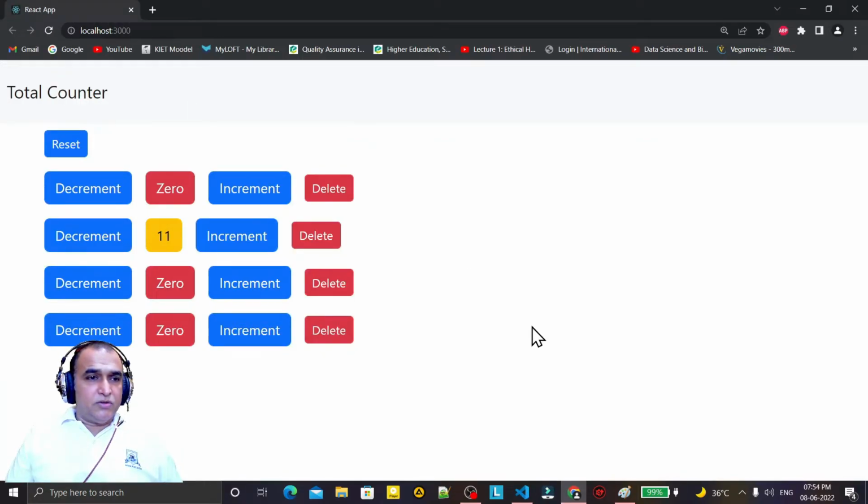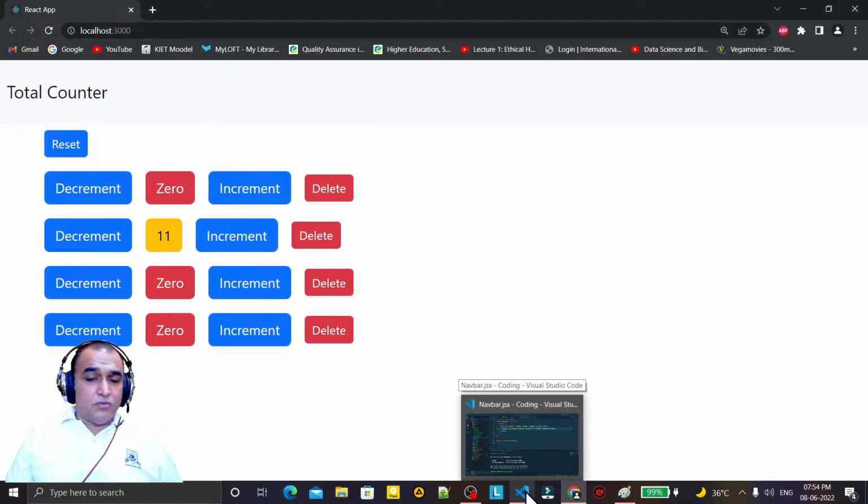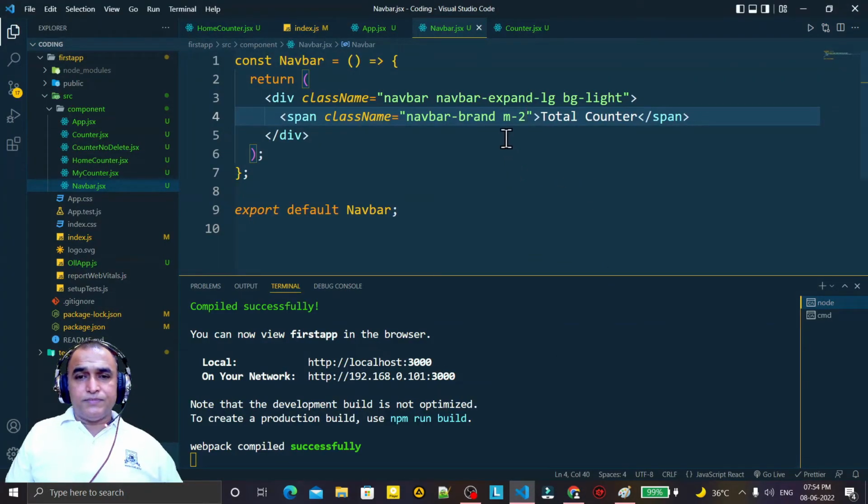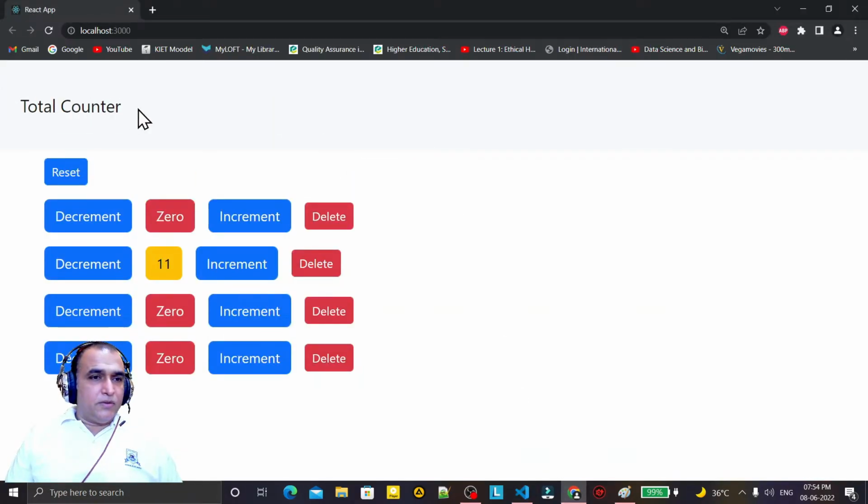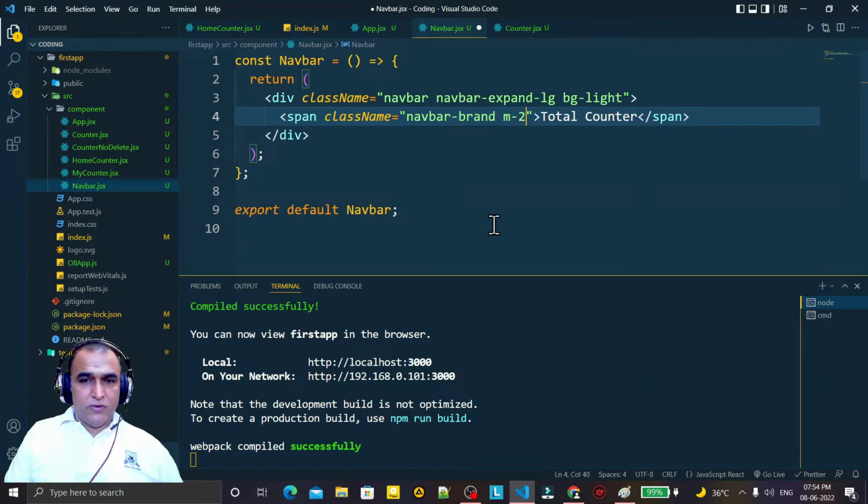So we need more margin. So margin we need I say 4. Save it. You see we have this margin. 4 is I think enough, so 2 is enough, no need of this, and it's total counter, and we make